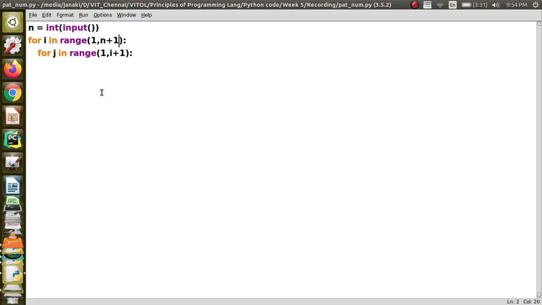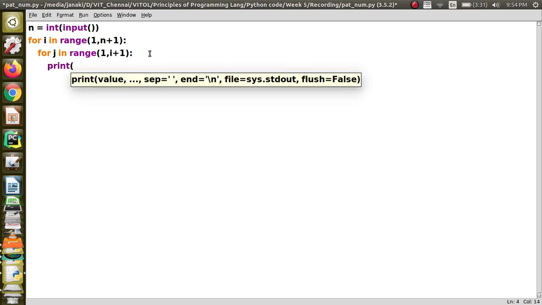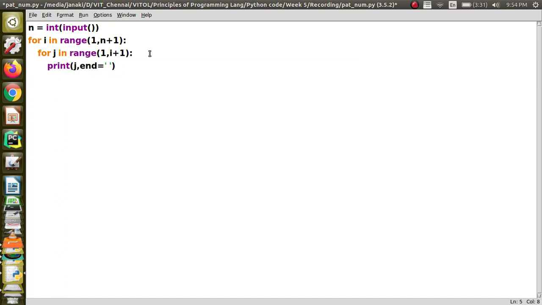There are going to be totally n lines, rows, and the values are going to start from j values. Now we will say print j, and you can say end is equal to space. I want a space in between, so I am saying j comma end equal to space. And then after printing a row, we can say print empty.